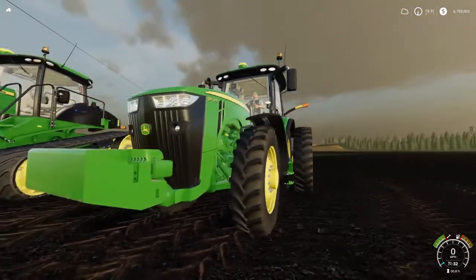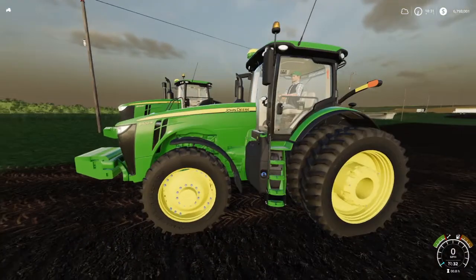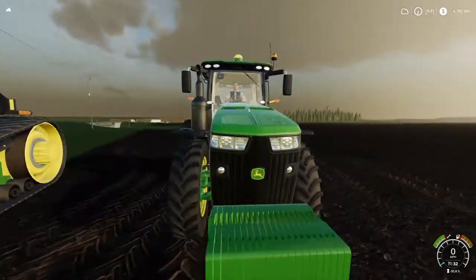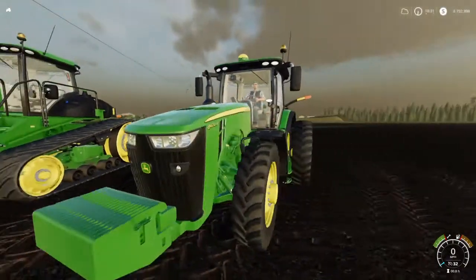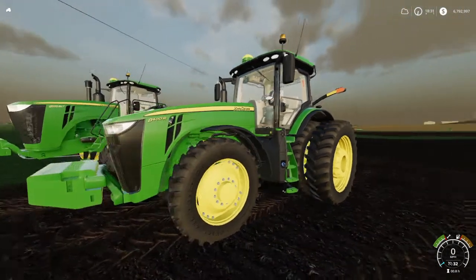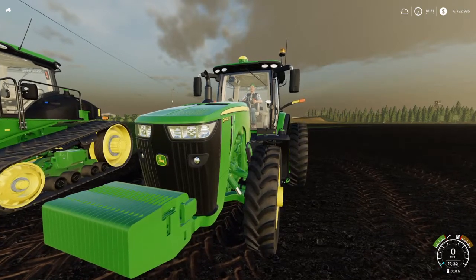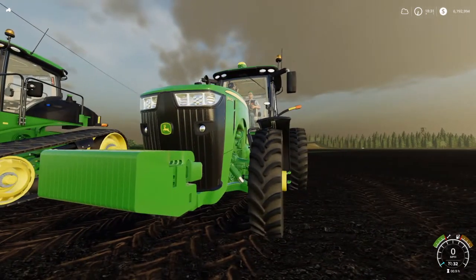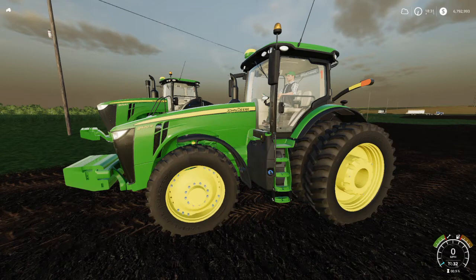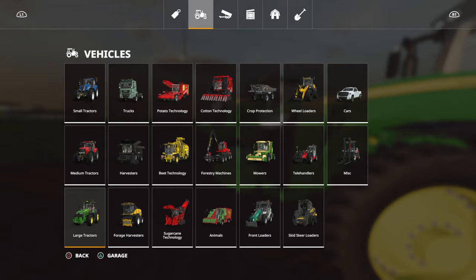And then you also have this, which is really nice. You can make the front of the tractor go up or go down. There is no other tractor that I can think of that I've actually seen do this before, so I like it. Forgive me for not knowing the actual reason for it, I'm not sure if it's a suspension kind of thing. I'm thinking it might be suspension, but please tell me because I'm not sure. But other than that, let's quickly go to...